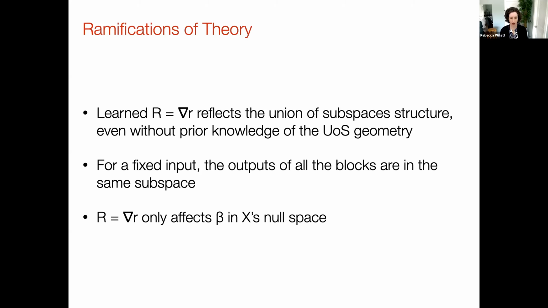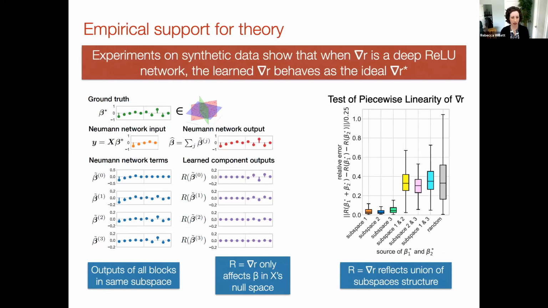So we came up with a little toy data problem where we tried to see whether those three main ramifications of theory are manifested in practice. We came up with a union of subspaces model for beta star, and they were all these length 10 signals. And then what we observed would only be the first 5 elements of the signal. And our goal is to take those first 5 elements and from that predict the second 5 elements.